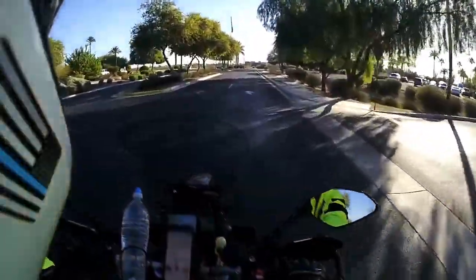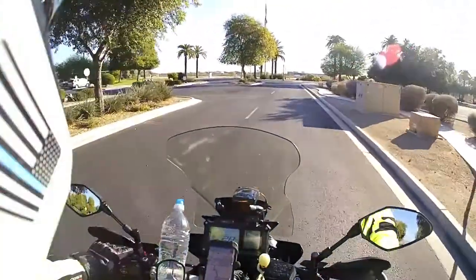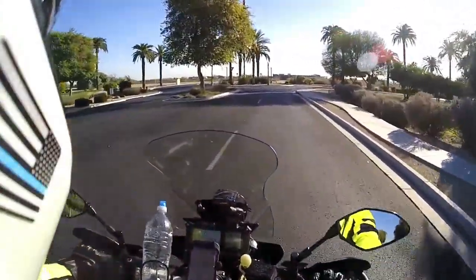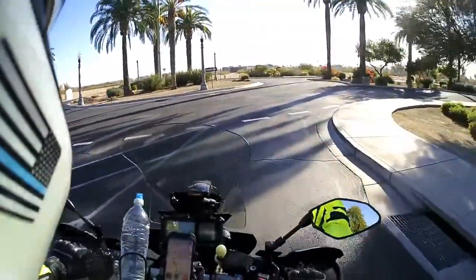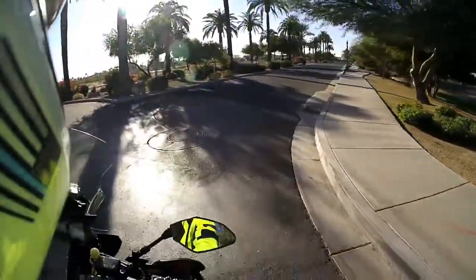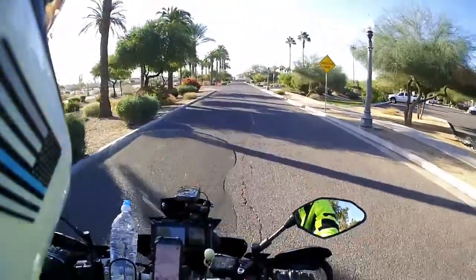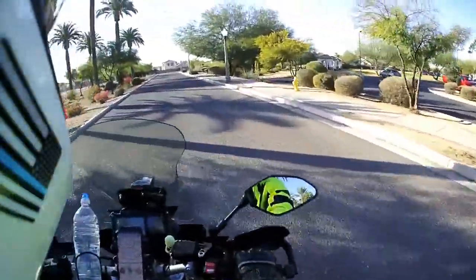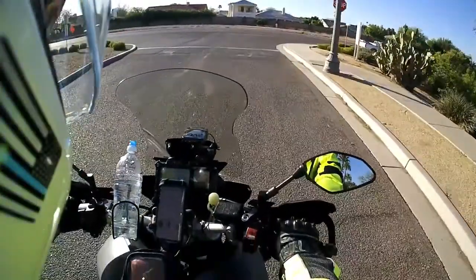Now, do I always obey the speed limit? No, I don't. But where I don't speed is where there's other cars around, where there's residents, and places that are generally unsafe. Having come from a former law enforcement background, I can tell you that radar detectors